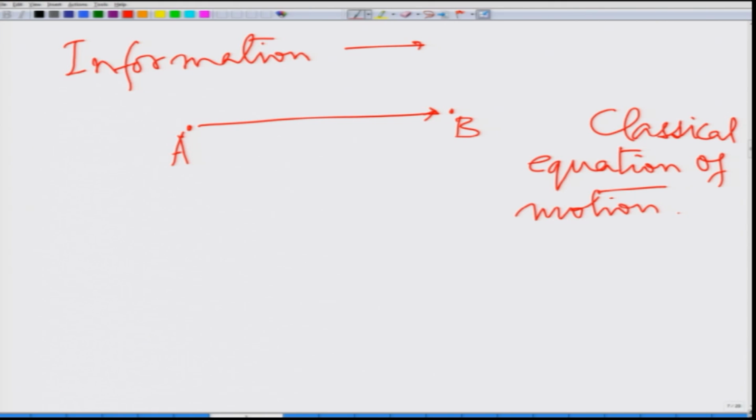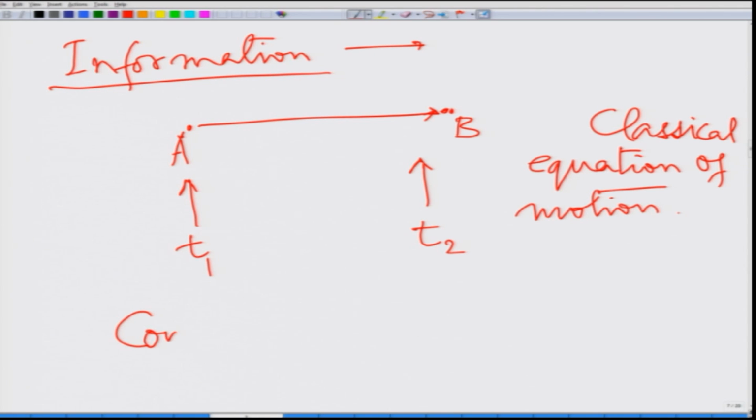Now if I put in the parameter time, I would be knowing the times at every point of this trajectory as to how things are happening. So, this is an information which can be defined in terms of equations of motion, which can then be given a direction or computed. So, this information processing can be computed,